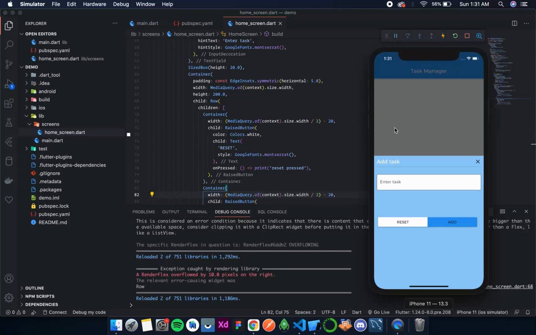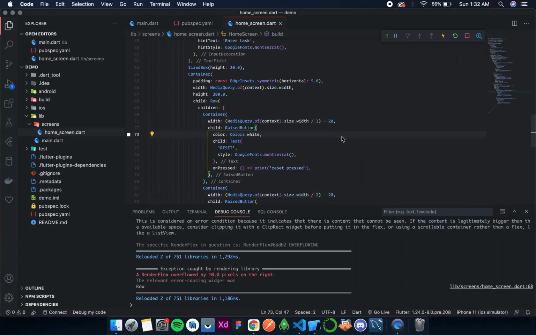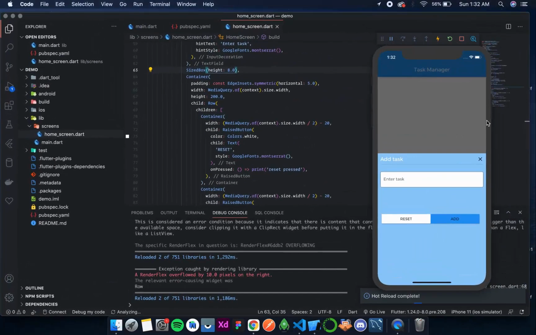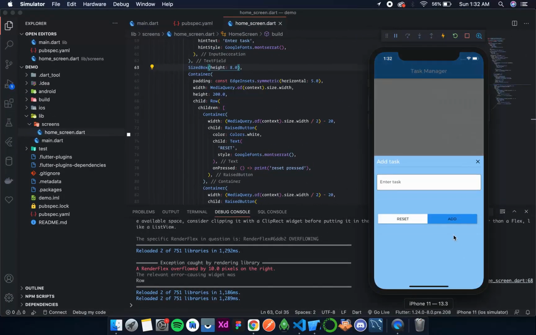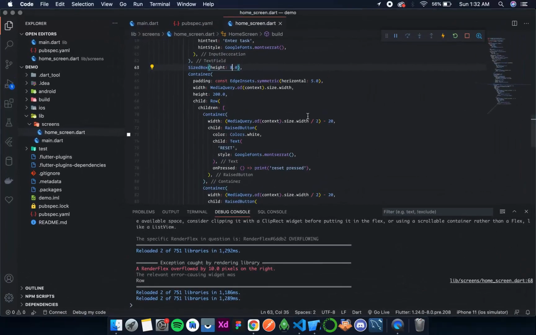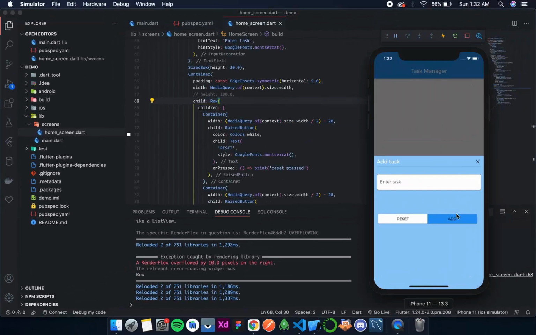Now you open the app on any screen size. This will look the same because we are using dynamic width over here. Okay, so now I don't think this 20 needs to be there. It should be a mere 8. Okay, I don't know why it is not changing. Oh, because the height is 200, which is not at all required. I don't think we need a height at all. Let's save and see. Yes, so this looks fine.